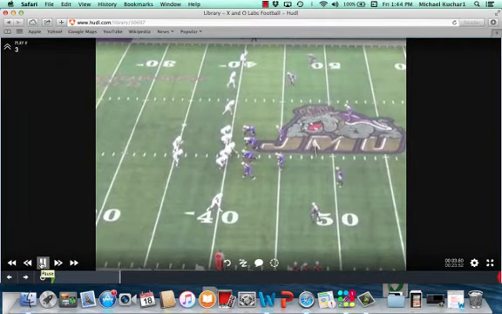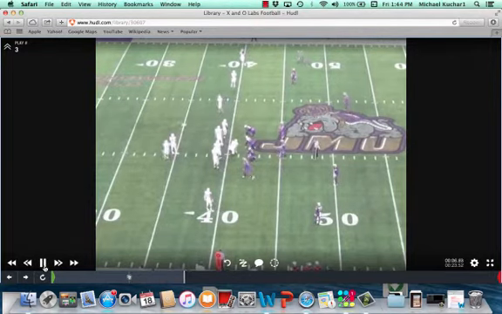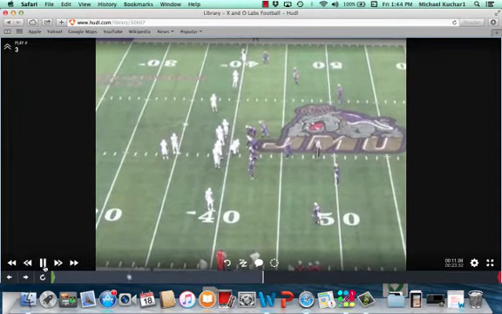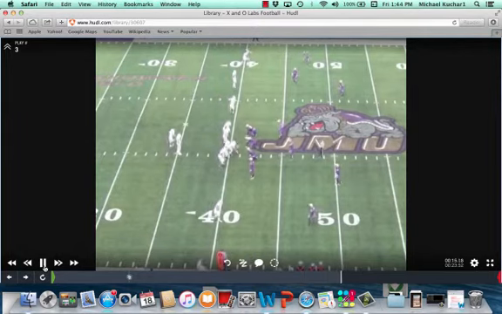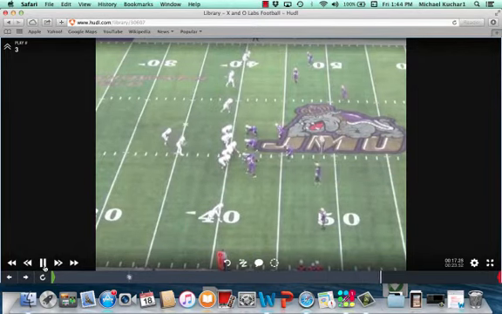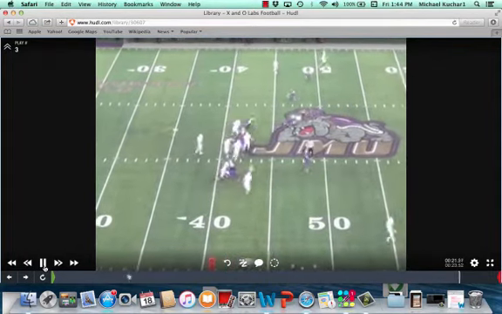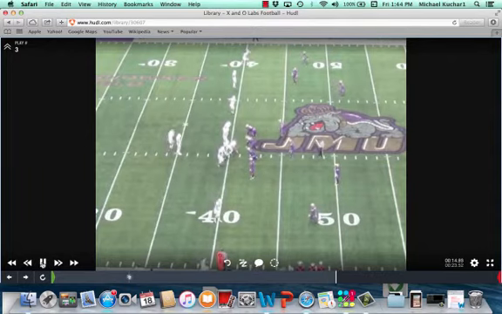Now this is a 3x1 set, but again, two-high here for James Madison, Morehead State on offense. The difference is now where you're putting that 3 technique on a 4 down. Again, it could be to the field now, depending on what the defensive structure is. We'll take a look at the end zone shot, but you see Morehead State offensive coordinator Pat St. Louis is changing that up here. So what ends up happening here is when they switch the back,